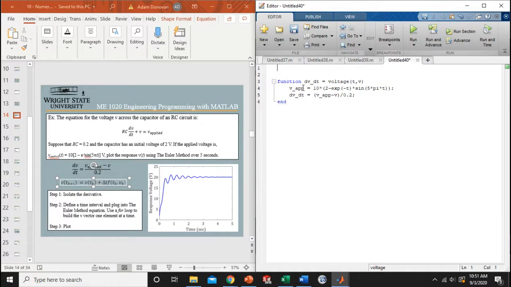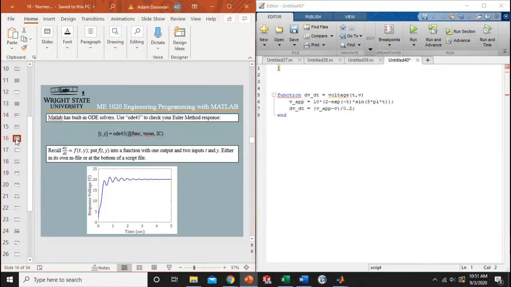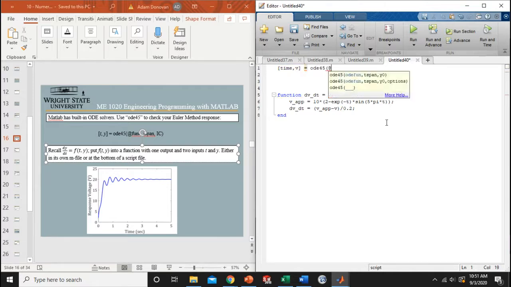But now it's going to be even more straightforward, because I can actually just plug this into the ode45 function. So this is my general form. And let me just show you how you plug in that general form. So I'm going to do time v voltage. I'll do v is going to be equal to ode45, and then I'm going to do at voltage, because I need to give the ODE function, which is this function here, voltage, and use this at sign to say this is a function handle effectively. This means point to the function that is either saved as a file or in this script file